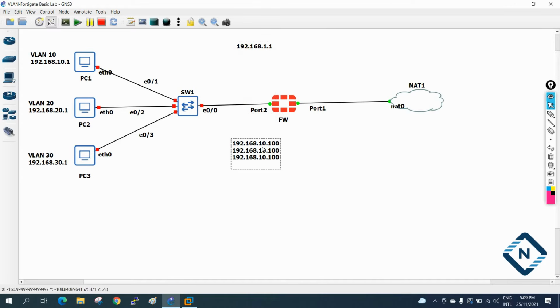So what I am saying here, I will create sub interface here 20.100, 30.100. So what I am doing here, in the port 2 I will assign this IP. Your wish if you want to assign or not. Even if we did not assign this IP, directly we create the sub interface, it will work. But in the FortiGate we can assign this also.